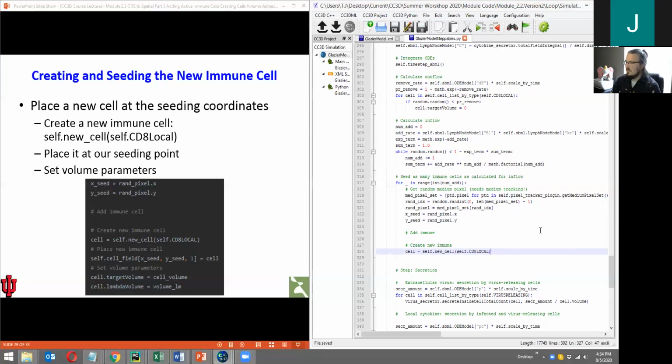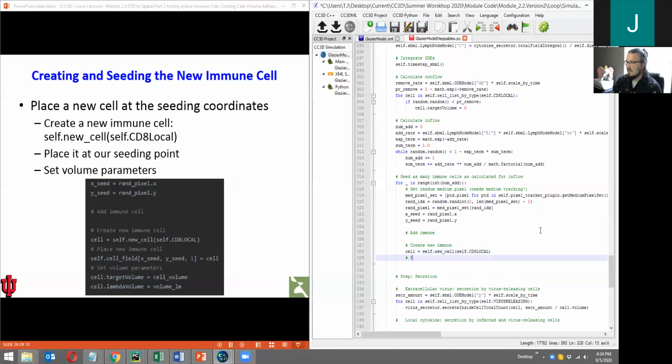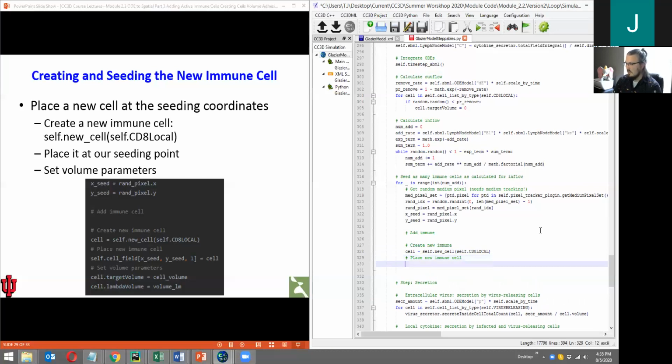Cell equals self.new_cell, passing the argument self.cd8_local, again all caps by convention in CC3D, for necessity rather. Next section, now let's add the comment. We're going to place our new immune cell. As a reminder, we can just get the cell field with self.cellField. We can index into that like a NumPy array, and then we can just place the cell that we just created wherever we've indexed. In this case, we're going to index into our randomly selected pixel, and that's